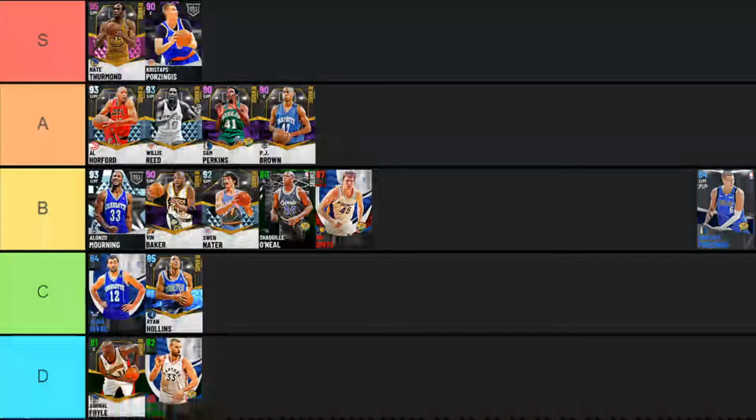And talking about Kristaps Porzingis, we have his Sapphire, who again is just as good, but the badges are significantly worse. We don't have any Hall of Fame badges. We don't have gold catch and shoot anymore. The defensive badges are even less. Post game is still there. Shooting is still there. Brook Lopez base is obviously still there. Tendencies are still bad. I would have to say the Sapphire Kristaps Porzingis is a shout between B and C